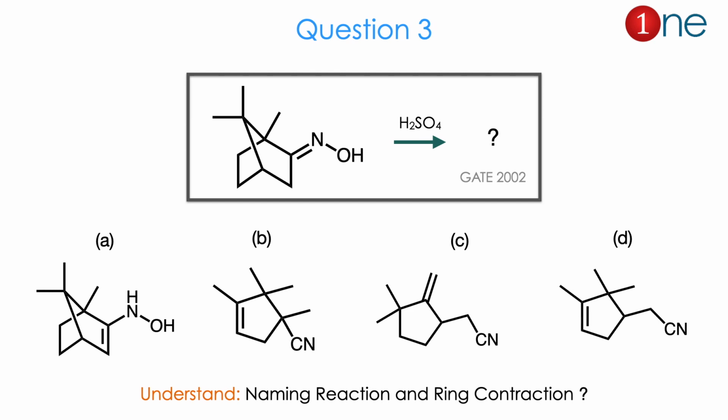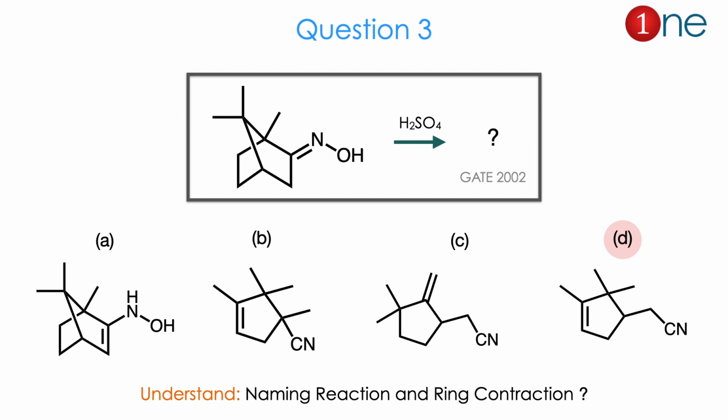Many products are possible. The oxime could be converted into an alkene, or there could be ring contraction with cyanide, and the double bond position is important because how the ring is contracted, which ring is opened and contracted, is important. So bicyclic becomes monocyclic here. From the reactant, oxime and sulfuric acid, you might guess a named reaction is involved and definitely a ring contraction possibility is here. The answer is D.